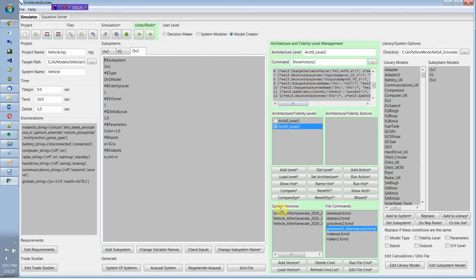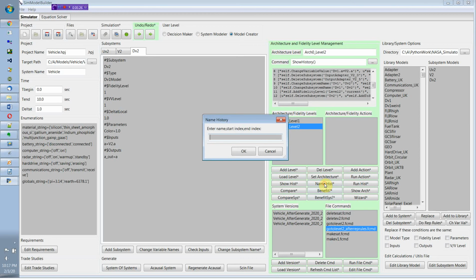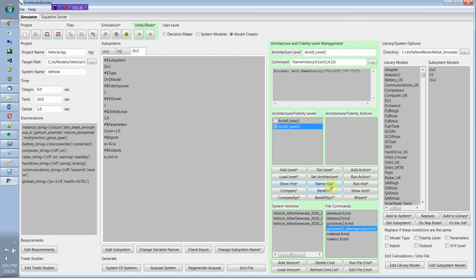So in order to do that, we're going to name history, and we're going to say what name we want that to be. We'll call it V1 to V2, and we'll say steps 4 through 10. And we'll say OK to that. Now when I show my history, I see all my steps and I see my history names down below. So I can always use that V1 to V2 history steps by invoking the name